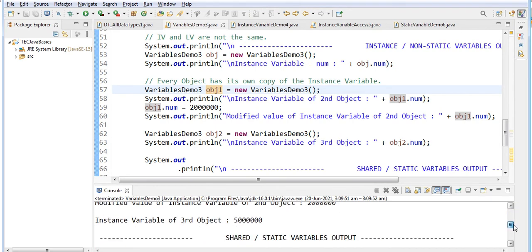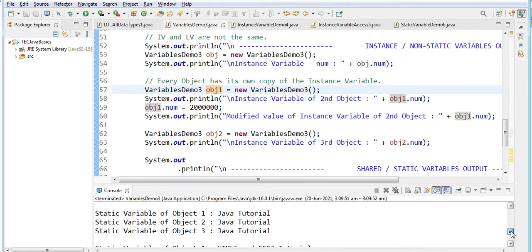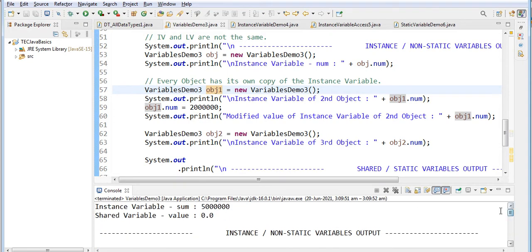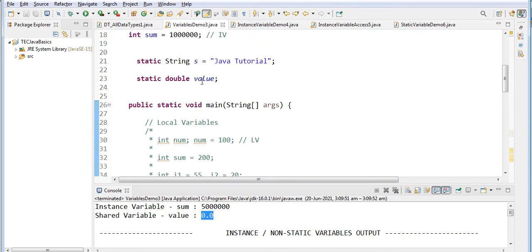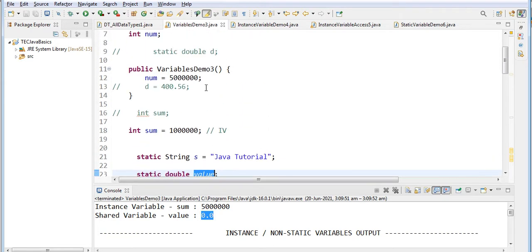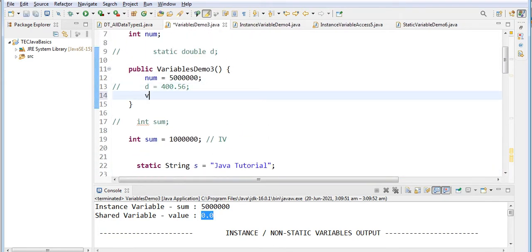So we'll see what the output is for the value. See, it is taking 0.0 because I am not assigning any value. So I have not assigned any value. Say, for example, within the constructor I am giving the value as 3000.777.